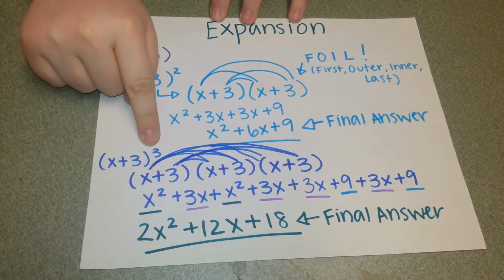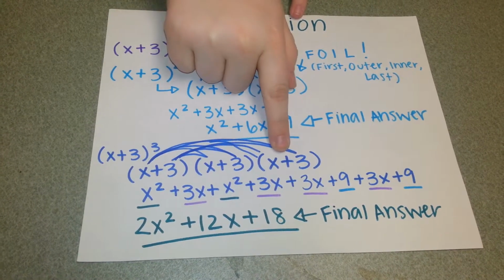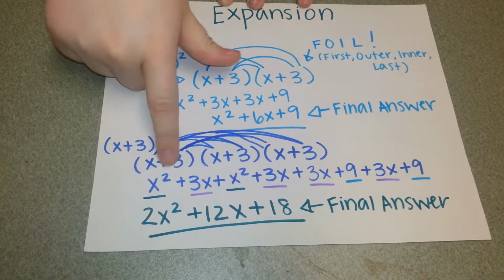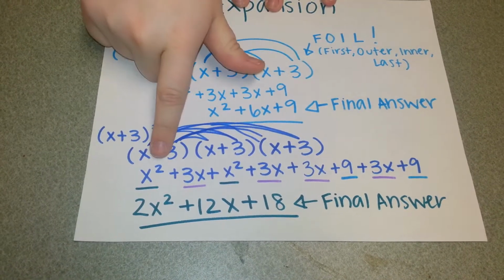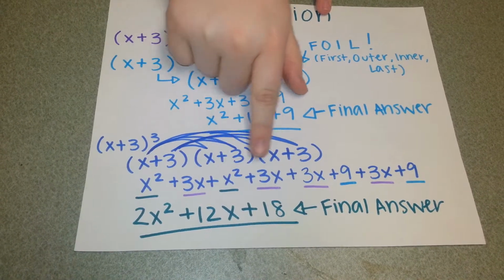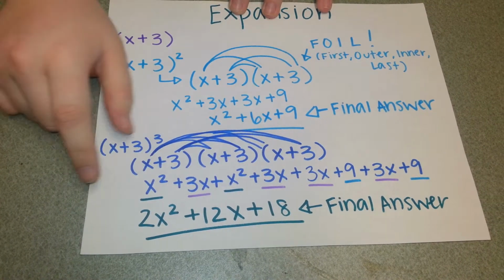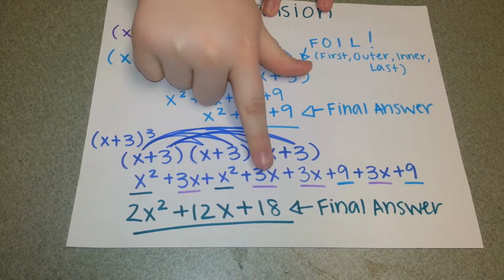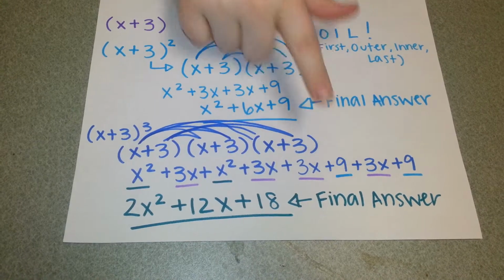In this case, we have it cubed. So you have x plus 3 times x plus 3 times x plus 3. Now, you do all that with the FOILing, just with more terms. And when you FOIL it out, you get x squared plus 3x plus x squared plus 3x plus 3x plus 9 plus 3x plus 9. Combining like terms, as underlined here with the same color, you get 2x squared plus 12x plus 18, and that's your final